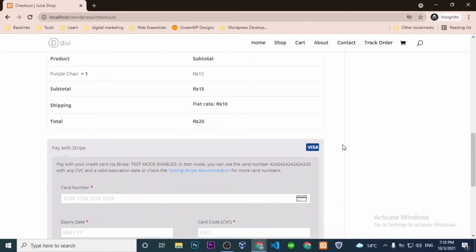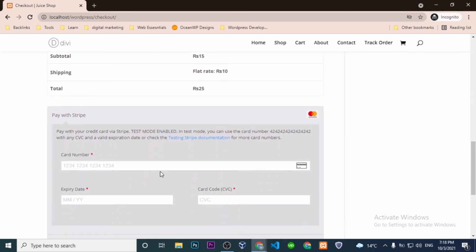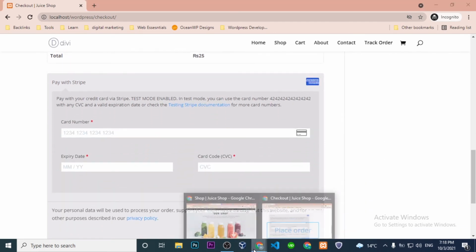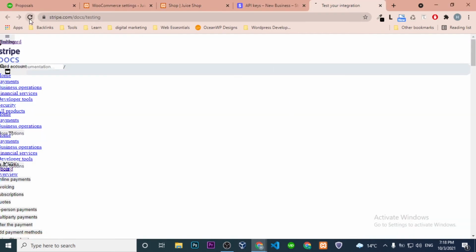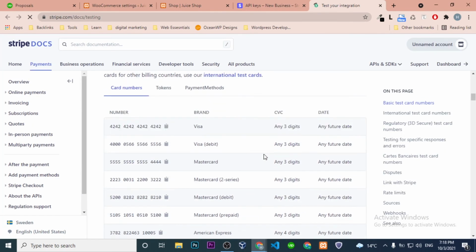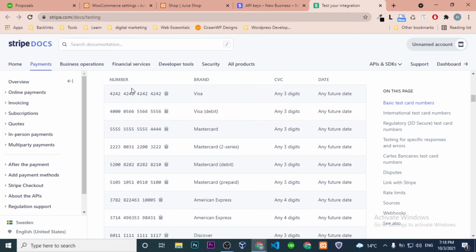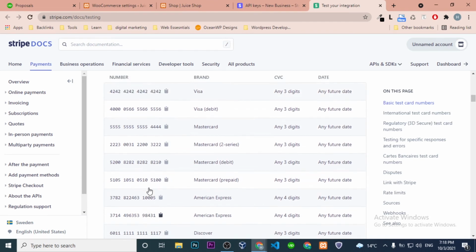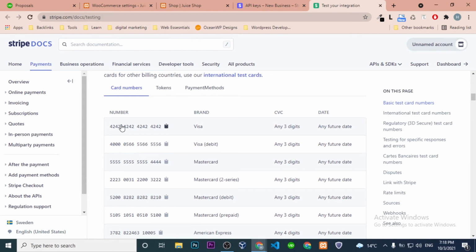Now everything is okay. Now we have to provide a card number. Stripe also provides us some test card numbers to test your integration. Here are some card numbers. You can use any one. We will use this card number.